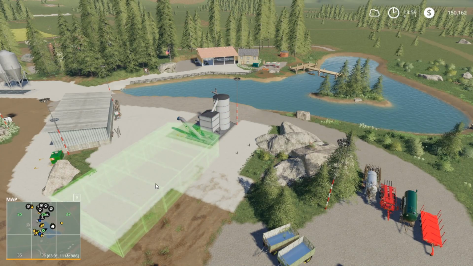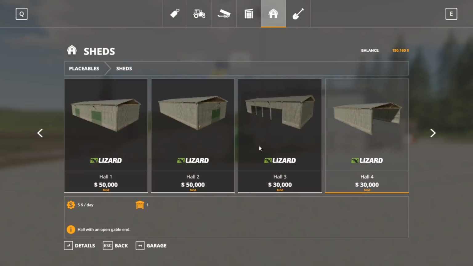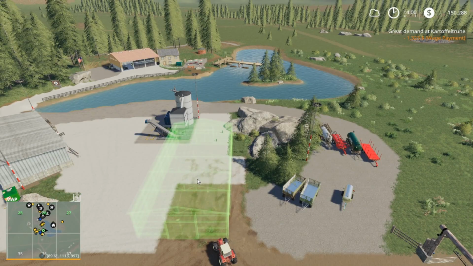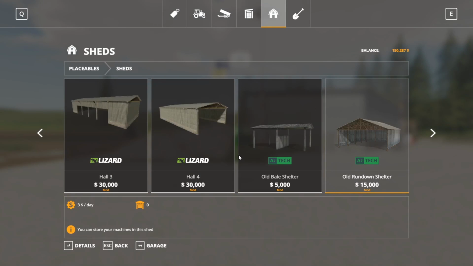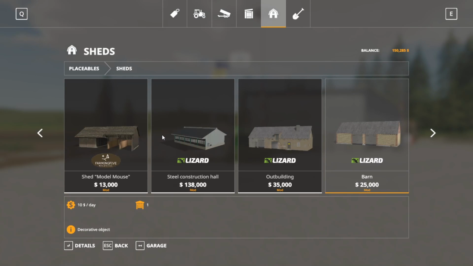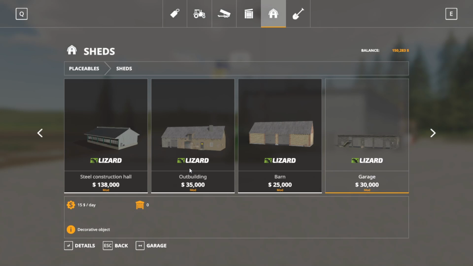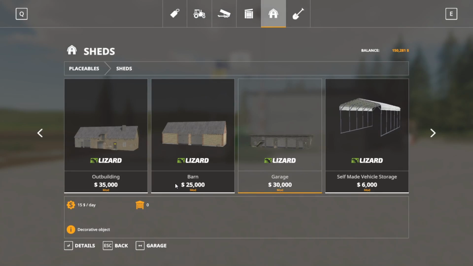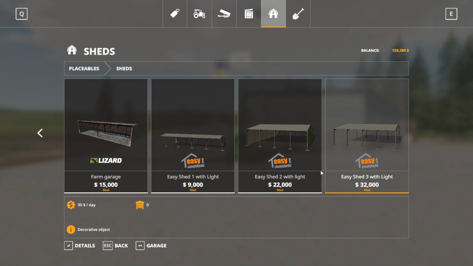Does this have a pull through on both sides? It does, so that would be an option. We could also do... Yeah, this guy has gates on either end, so we could do a long shed. I don't really want to do a long one like that, though. I kind of want just a nice version of that. Geez, let's do... Yeah, this is just so expensive. Garage. Yeah, it's just such a pricey...